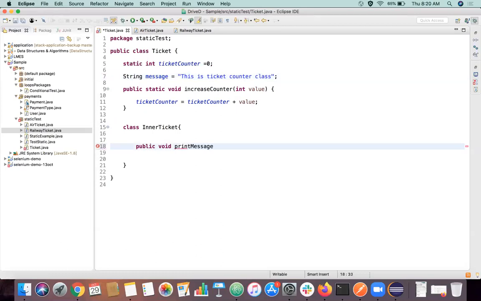I'm just creating a method here. So what I'm going to do, I can just go and do something like this. I can just print this message, right?